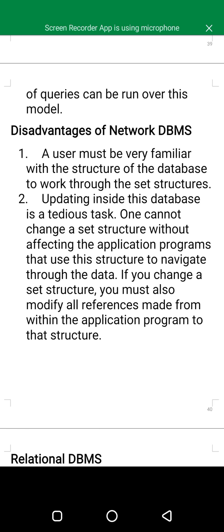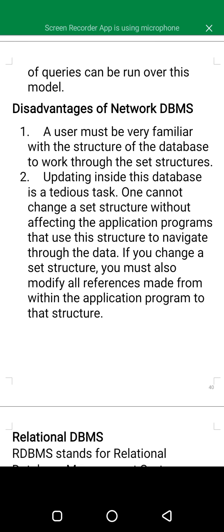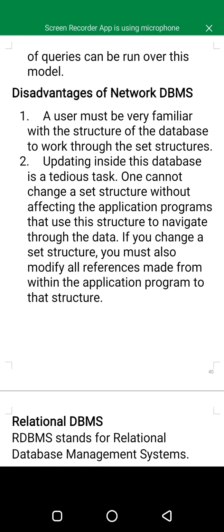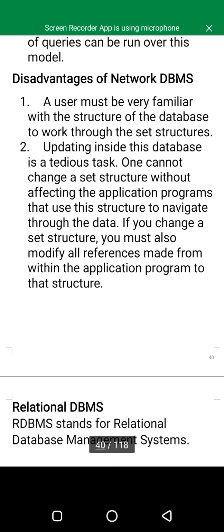Then disadvantages. 1. A user must be very familiar with the structure of the database to work through the set structures. 2. Updating inside this database is a tedious task.